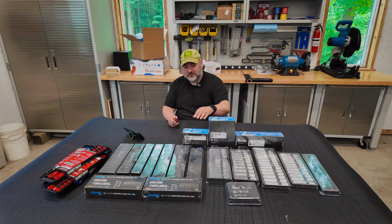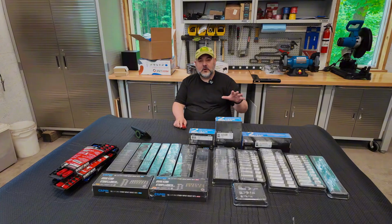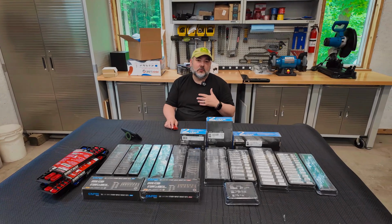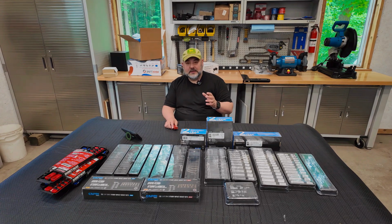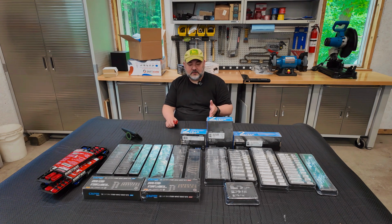We're gonna start with the air tools. Now, I don't use air tools very much. Currently, I much prefer my Milwaukee battery stuff, my M12 and my M18 line. I think they're a really good product. I think they're quiet and they're relatively small form factor, but Capri has a new line of these air tools